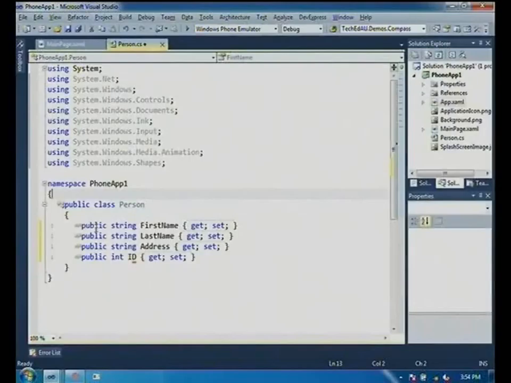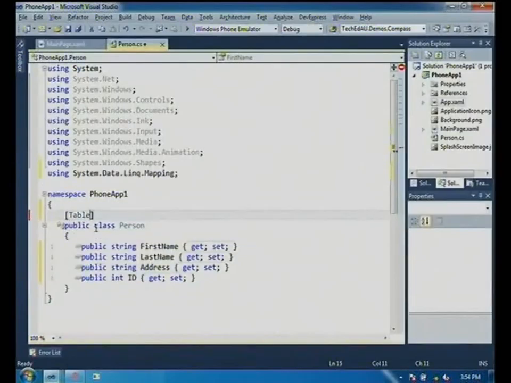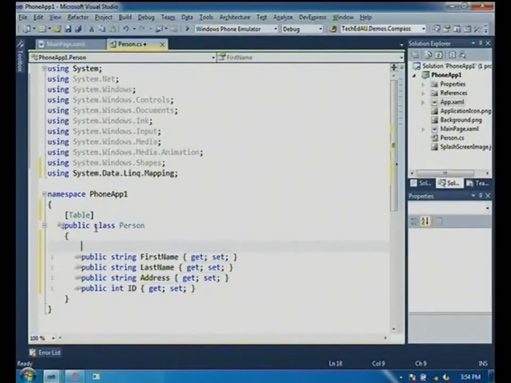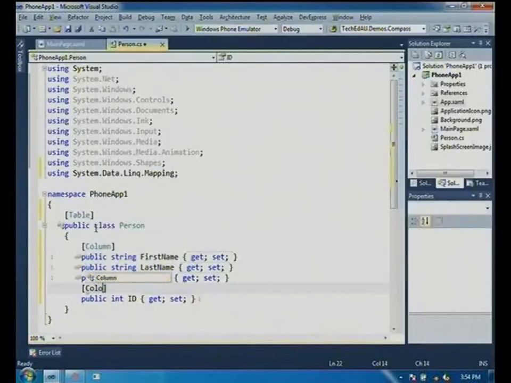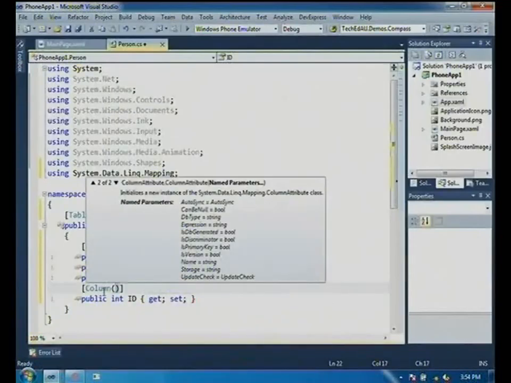So we're all familiar with POCO. By default, this isn't going to help us with LINQ to SQL for the phone. So we've got a table attribute we've got to associate on every single class we do. And every column we want persisted, you've got to add a column attribute. So for our ID column, you've got a whole lot of overloads in the ID column.